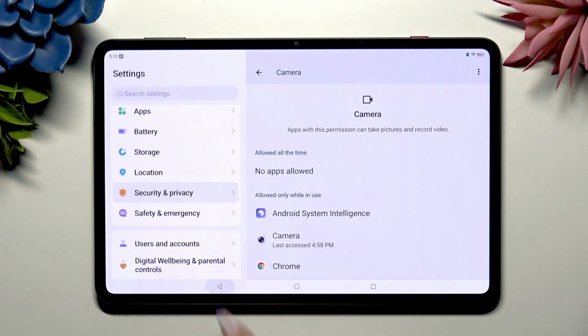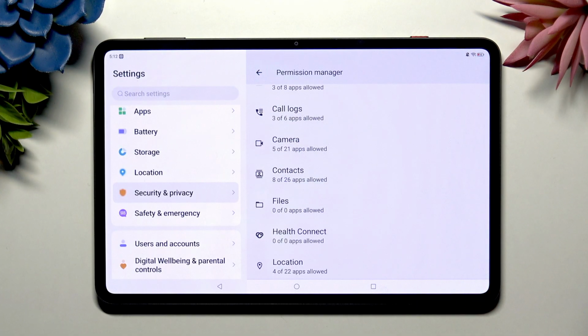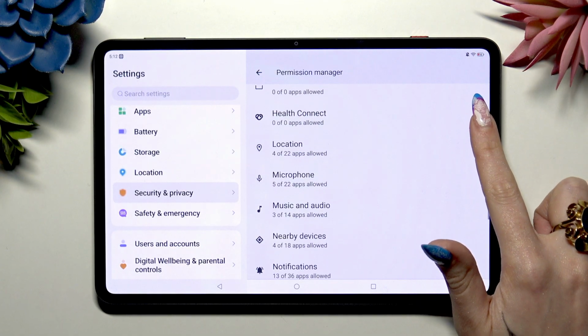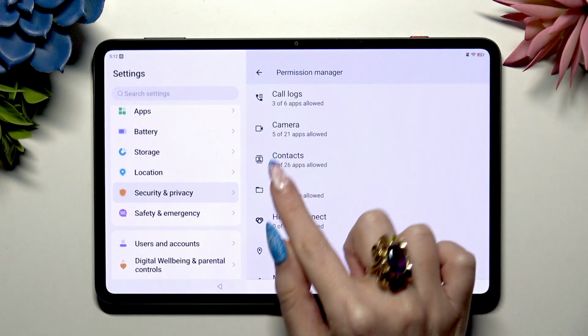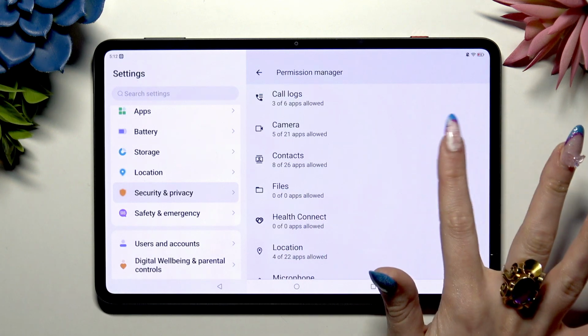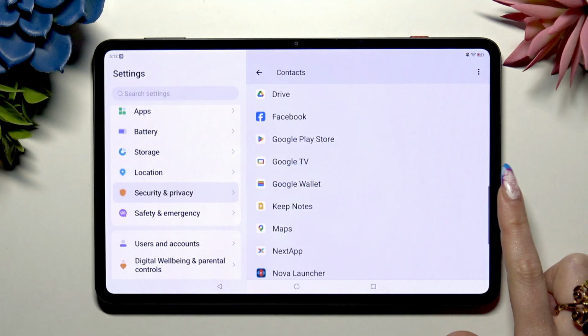But what most people miss is that you can click on any feature just to find an app you wanna manage. I can see that contacts have a lot of them, so I will click here, scroll to access, for example,